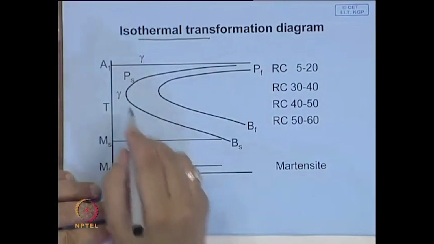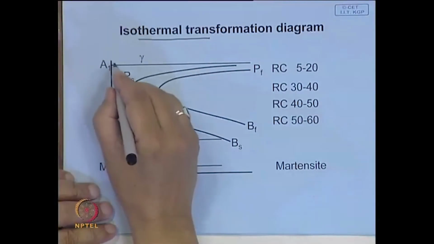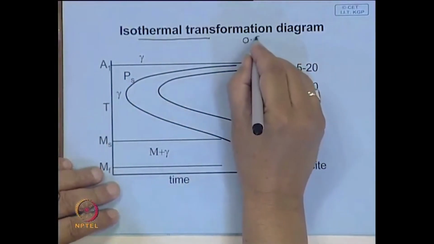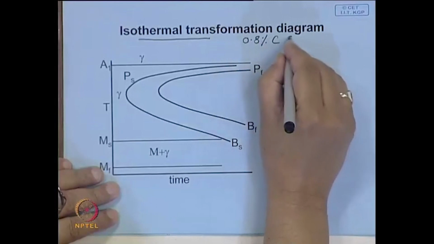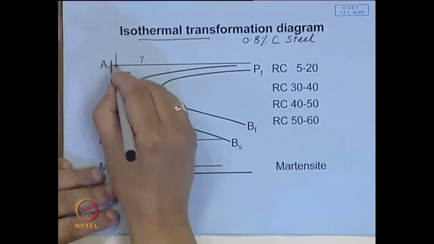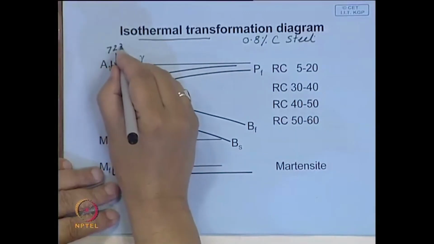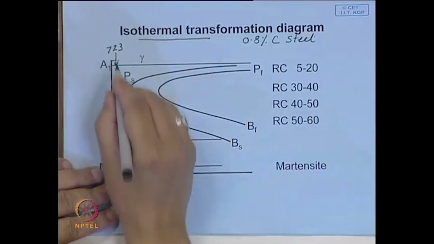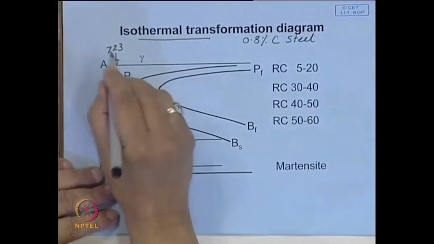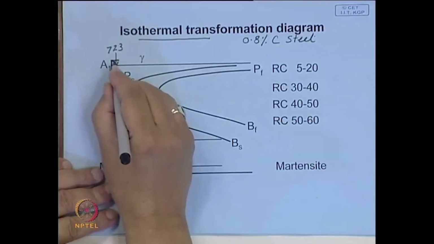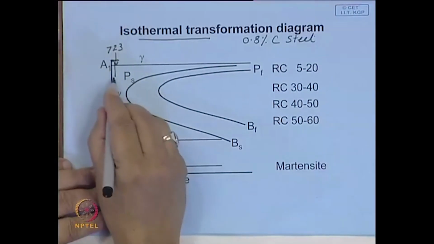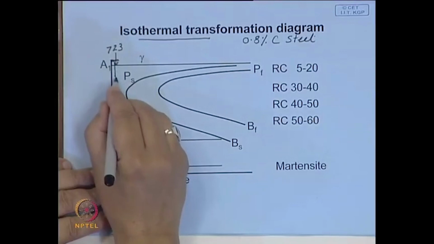We explained that if you heat a steel, let us consider this for eutectoid steel, that means 0.8% carbon steel, and you heat it above 723, this temperature is around 723 degree centigrade, say you have heated it here, and then what you do, after heating, once you know that it is homogeneous, you cool it to a particular temperature. Let us say you have a bath, say a metal bath, a molten lead bath, you have dipped the